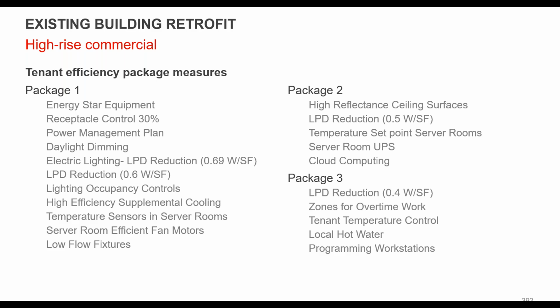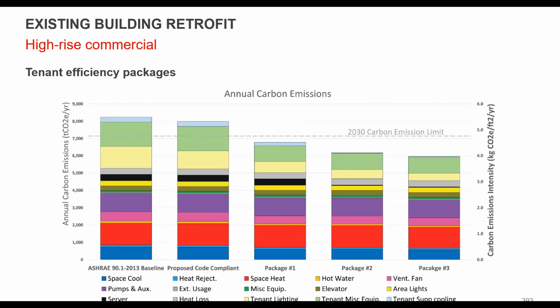And then the third package was really aggressive on lighting and kind of having these zoned areas within the floor plates that would be, over time, if people are there, they kind of work there, have really tight controls on all the plug loads and things like that. So that's kind of the way we ended up grouping it, working with the architect and the leasing team. And again, just a way of presenting the data, in this case we were looking at actually 2013, because that was the energy code in New York City when this project was started, and looking at a basic compliance system, and then looking at the different packages.